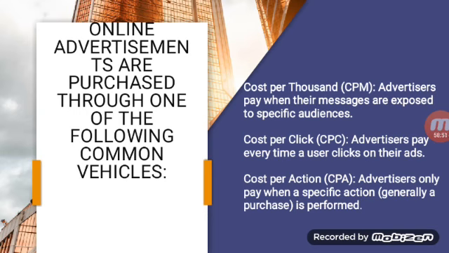Cost per click, you will use a search engine to advertise your advertisement. Cost per action is only when the viewer clicks on the link and transforms that into a sale, buying any product or services from that particular website,